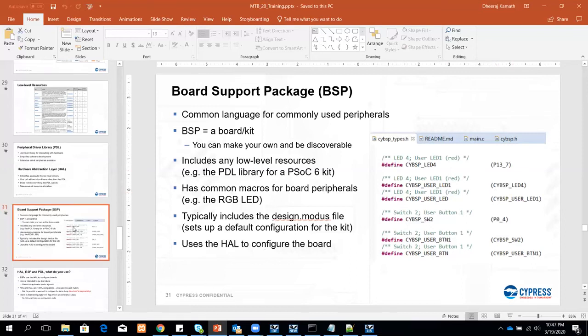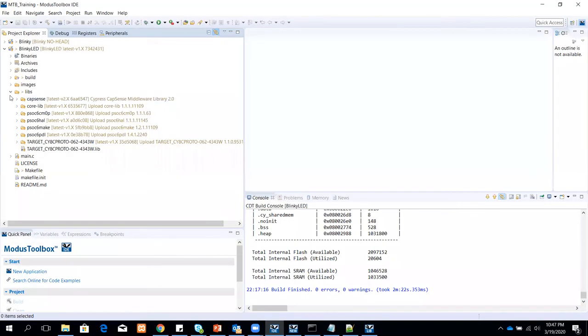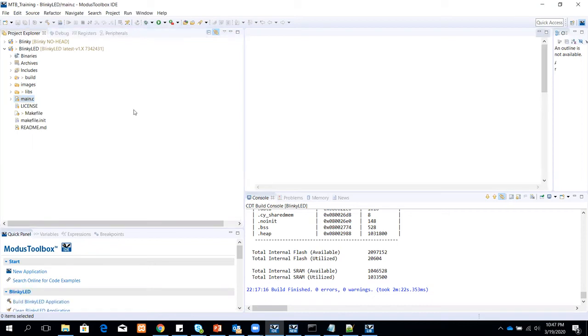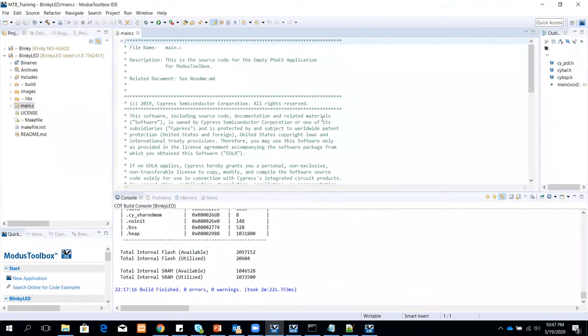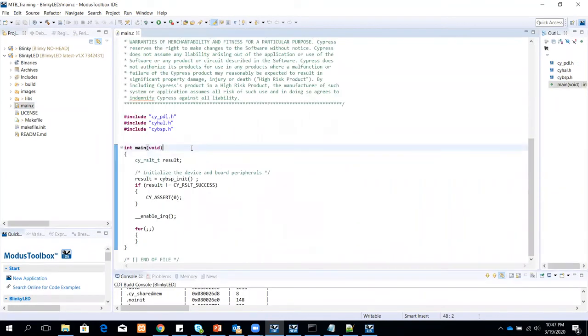Now, let's get into the IDE so that we can create a simple application. Here in main, you will see that we have three different header files.